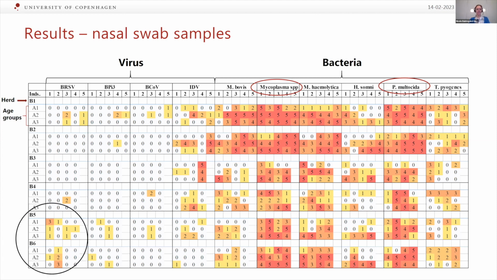When the veterinarian of herd number 5 and 6 received these BRSV positive results, he wondered because none of these calves showed a symptom of being infected with this virus. But then he told me that within these 2 herds, they vaccinated against this virus using a live modified vaccine. So therefore, we decided to sequence all the positive BRSV samples and also sequence these 2 vaccines in order to see if these PCR findings could be due to the vaccination.